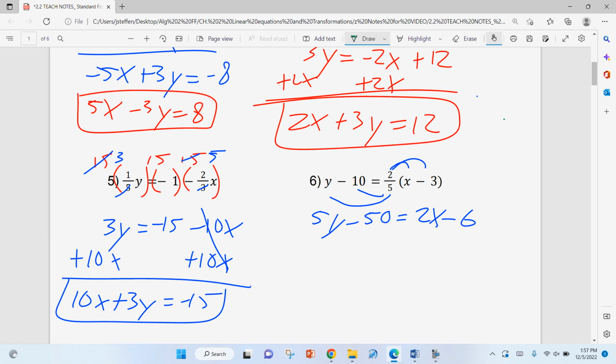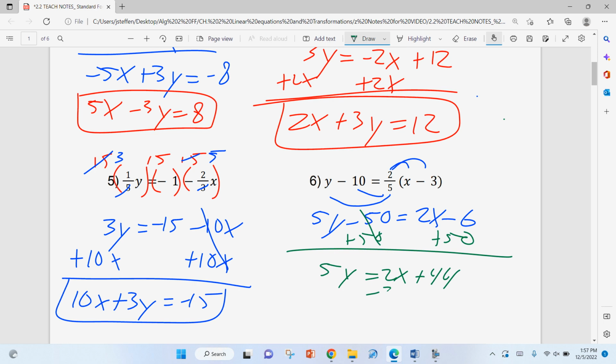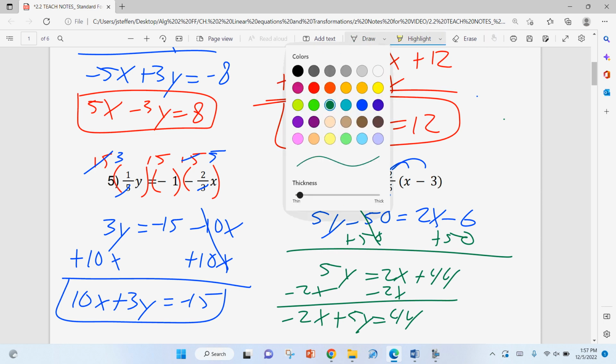To get it in standard form, that was where I add my 50 to both sides. It doesn't matter which order you do this in necessarily. Plus 44. Then subtract 2x. And this is where a lot of people miss this one. Negative 2x plus 5y is equal to 44. The thing people miss a lot is that that is still negative. So we got rid of all our fractions and we got it all nice, but we still have to do that one extra step